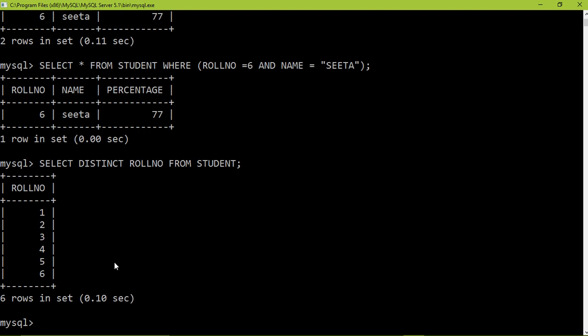Okay, next we want to use some other operators also, some more condition based pattern matching we'll be doing here now. Select star from student. Student is the name of the table.